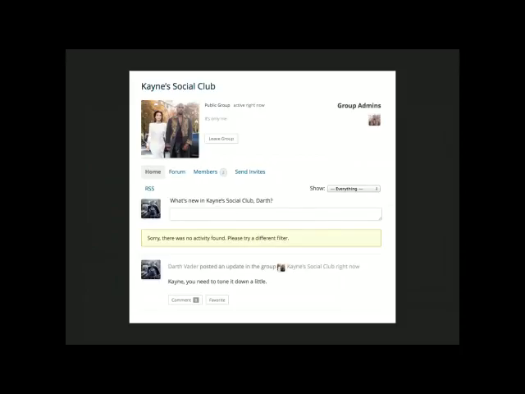Private groups just require someone to invite you in. Hidden groups do not show up in the BuddyPress directory at all, so you would not know they were there unless you were invited. And groups is basically one of the most flexible components in BuddyPress. And if you get into BuddyPress and you want to learn about it later, there's lots of things you can use groups for. Everything from creating a conference site, where each group can be the conference, to creating